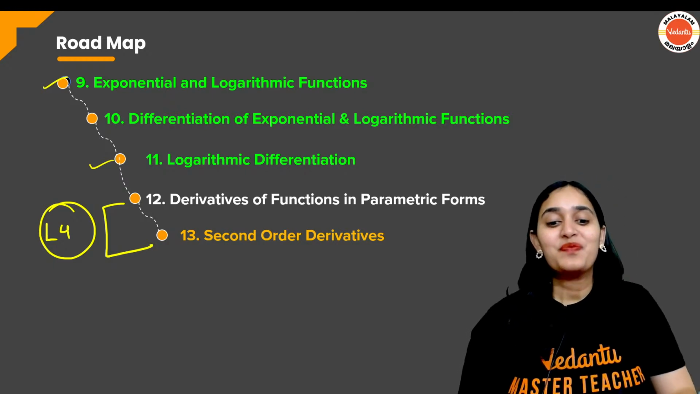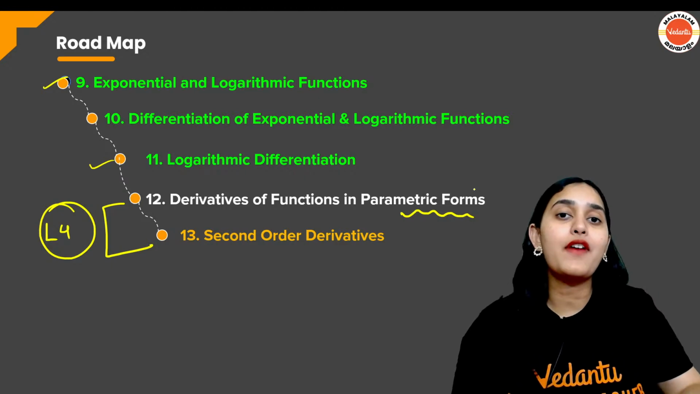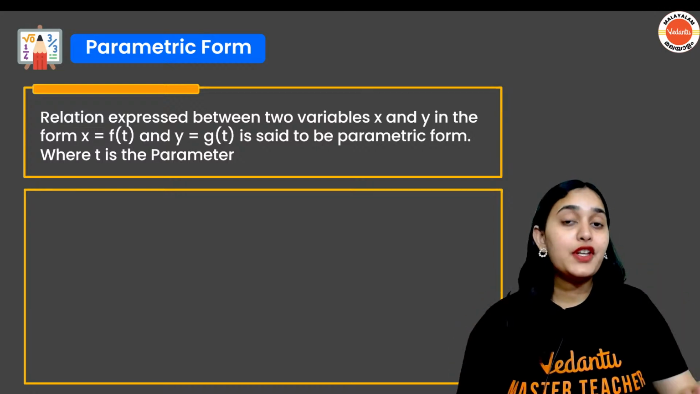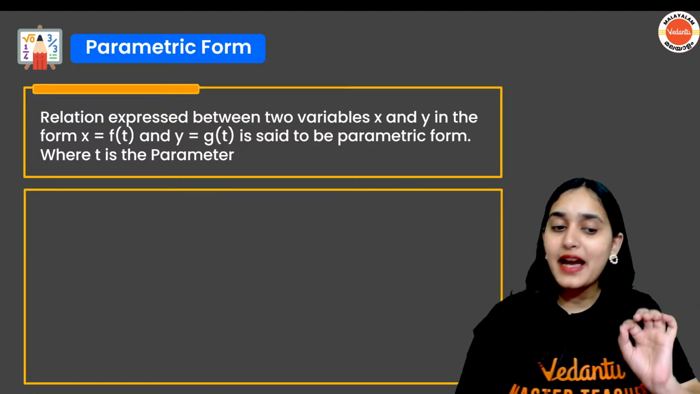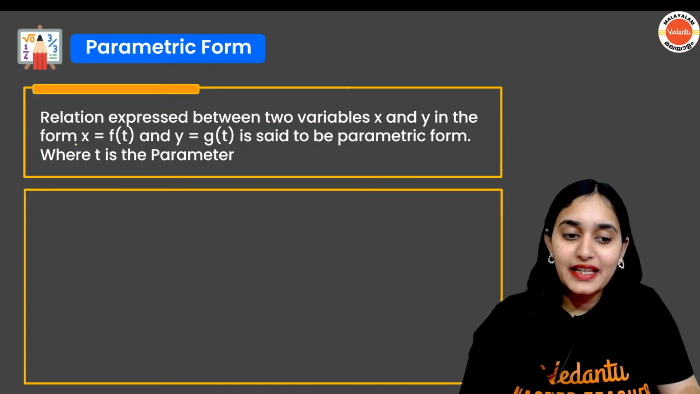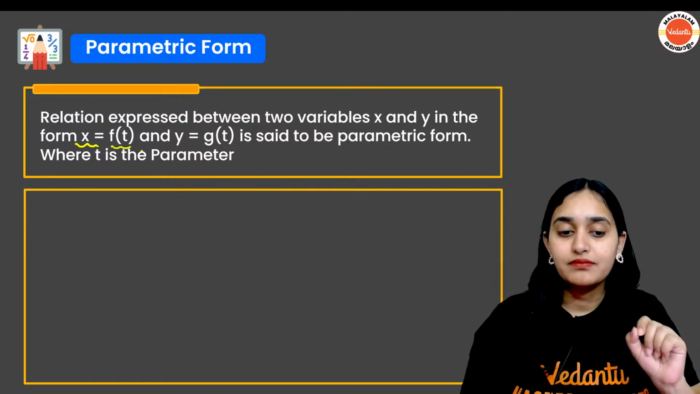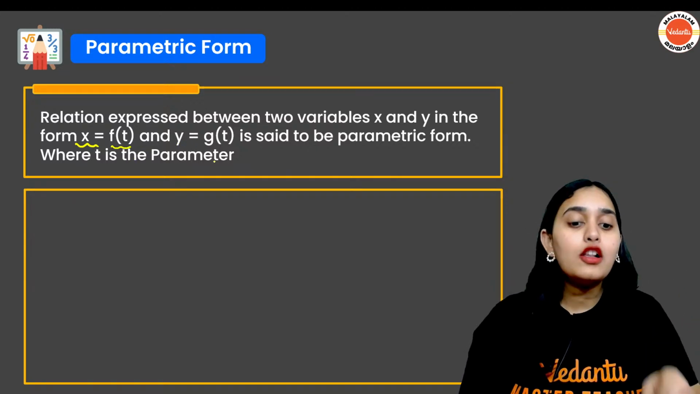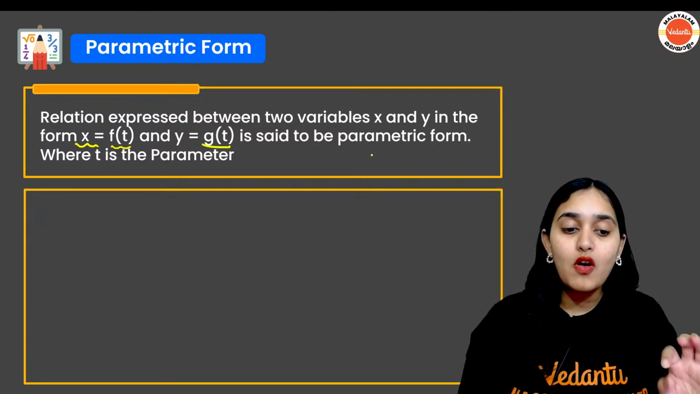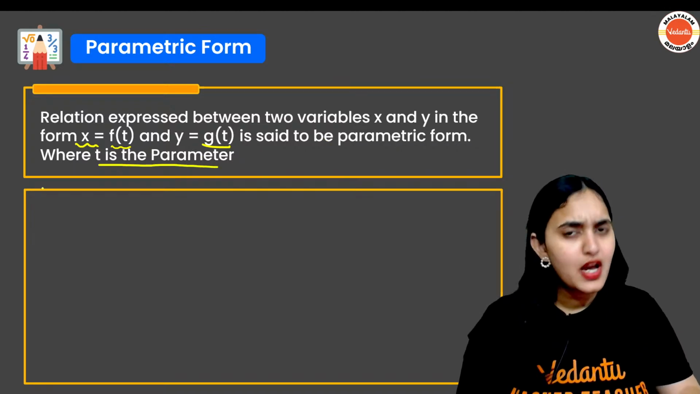Alright, so what is parametric form and how is it used for finding derivatives of functions? Well, if you have two variables x and y, and we see that variable x is basically a function of t and variable y is also a function of t, then such a relationship is called parametric form, where t is called the parameter. For example,